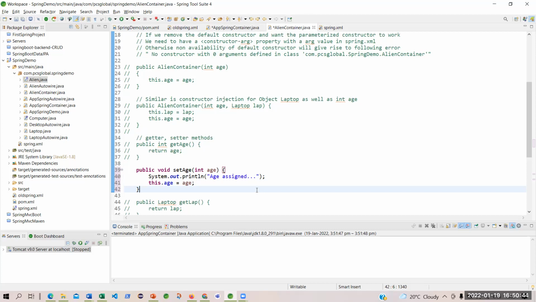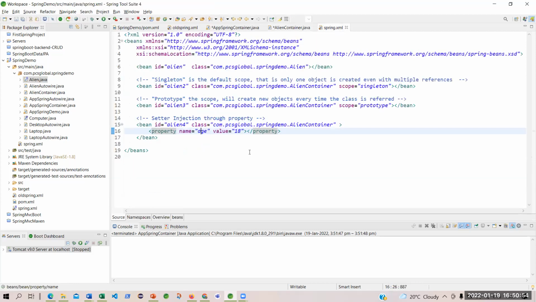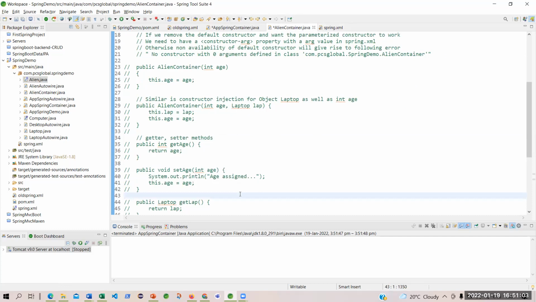Or will it? No, because you have already set it. Where? You have already set it in the configuration file. So I do not need this as well. That is the beauty.